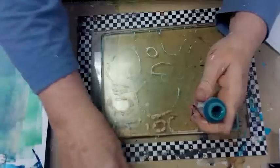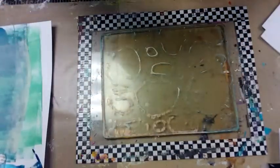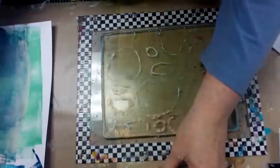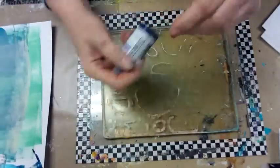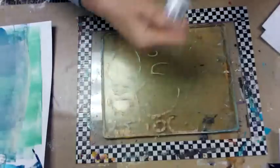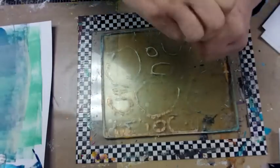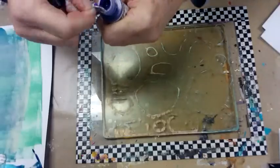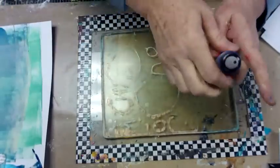Alright, this is phthalo green. I'm just going to do, let's see, a phthalo green and dioxazine purple. Let's try that. And these are really runny. These are actually made